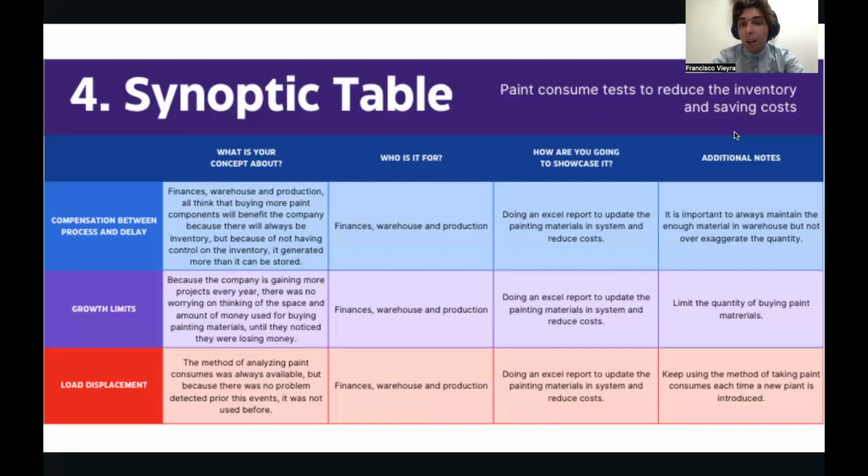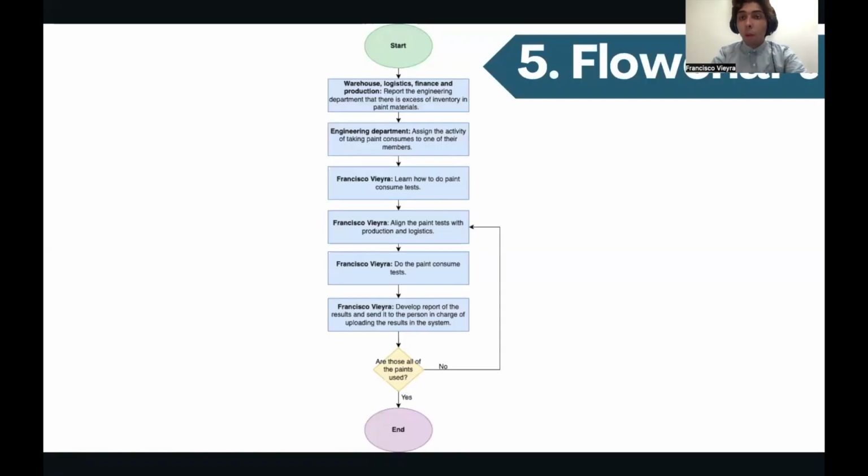And I'm going to showcase this term by doing an Excel report to update the painting material systems and reduce costs. An additional note about this is to keep using the method of taking paint consumes each time a new paint is introduced. Then I made a flowchart about how this problem was resolved, how it started and